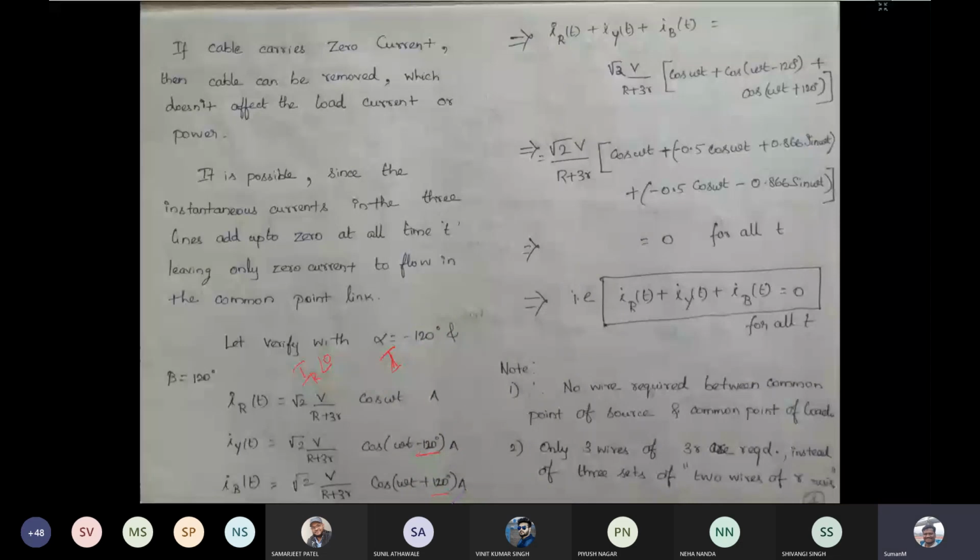Now if you substitute that value here directly, cos omega t, plus cos omega t minus 120 degree, and this is cos omega t plus 120 degree. So here we are adding all the current in order to find the neutral current. The neutral current is nothing but IN is equal to IR plus IY plus IB. If you just expand this in trigonometric identities, then we will be getting current as zero at all instantaneous time. Okay, so the sum of current at all the instantaneous time in the neutral point will be zero always. So that is what it is mentioned here. The sum of instantaneous current at any instant of time will be equal to zero.